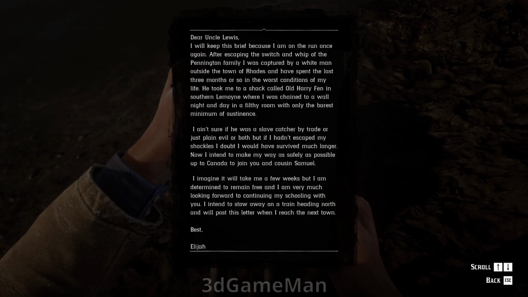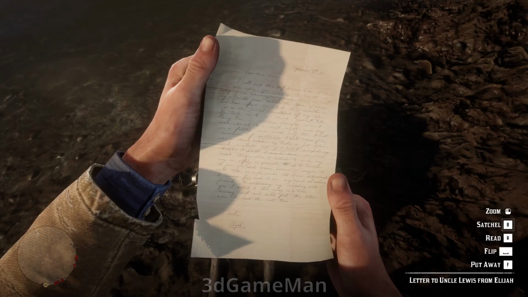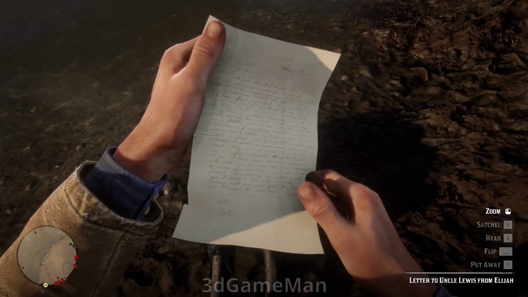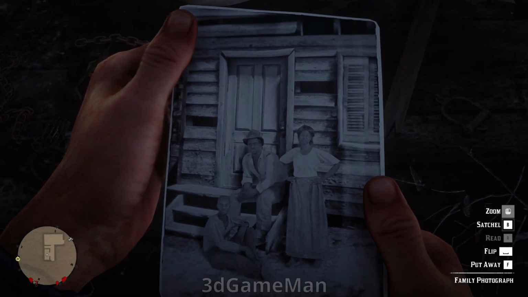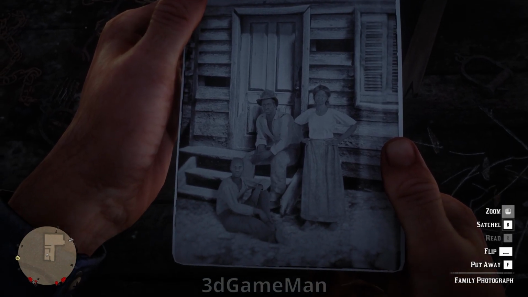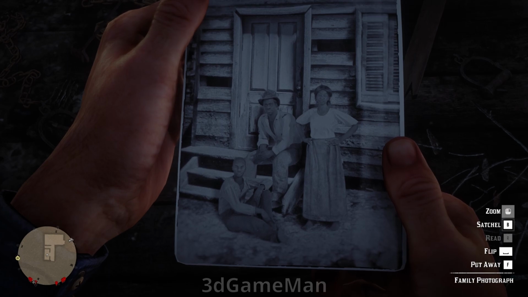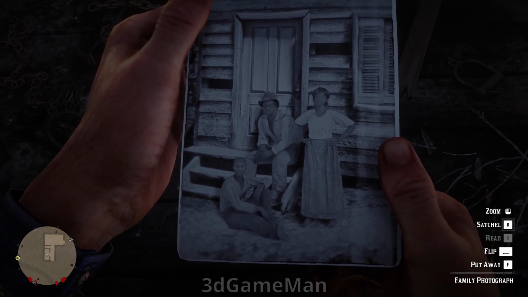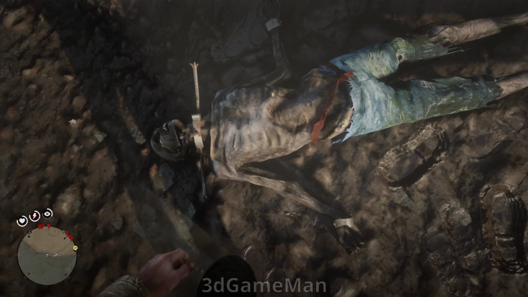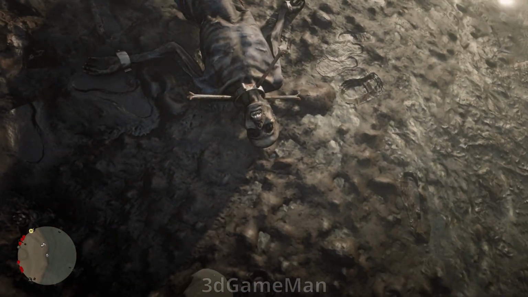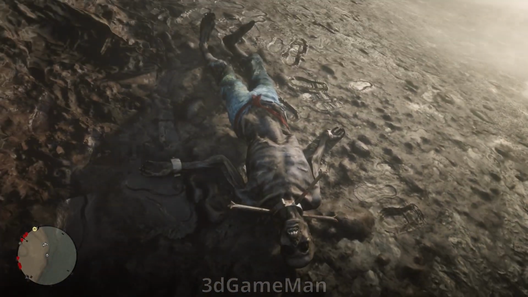So this is not Curtis. Elijah has an uncle, Lewis, that he's writing to. And also in the letter, it refers to his cousin, Samuel. And I think we can summarize from this that the photograph in the shack was of cousin Samuel and Uncle Lewis. You might be asking yourself the same question as I did when I kind of read the letter and